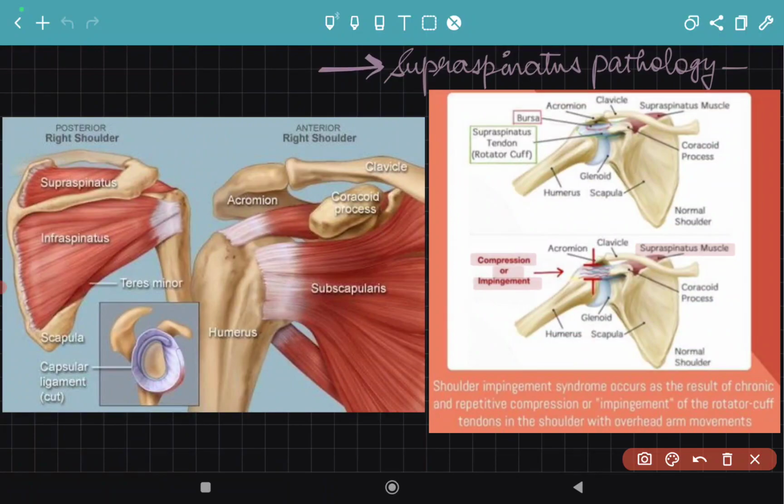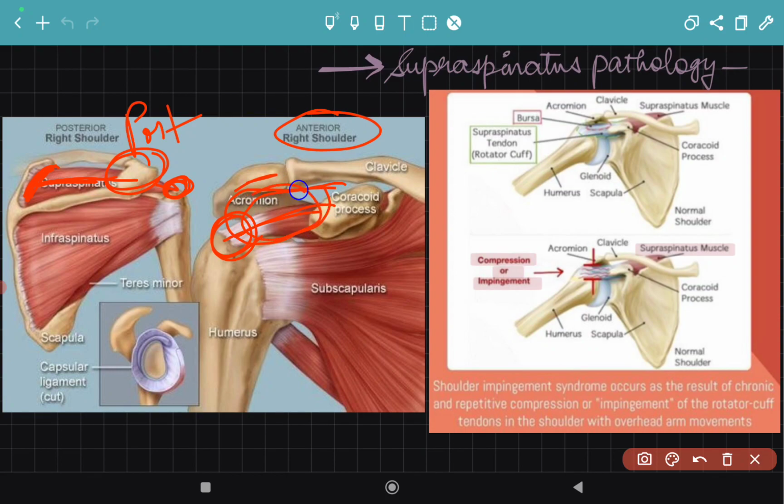Now, as we know, the origin of supraspinatus is from the supraspinous fossa, traversing laterally beneath this coracoacromial arch to insert to the upper impression of the greater tubercle. This is in posterior view, and over here is the anterior view. So we can see here it is inserting to this greater tubercle, and there is this subacromial space, acromion process. There is this subacromial space where also the bursa is lying and the tendon is passing beneath it. So if the supraspinatus is not working properly, if there is some pathology or lesion to the supraspinatus,